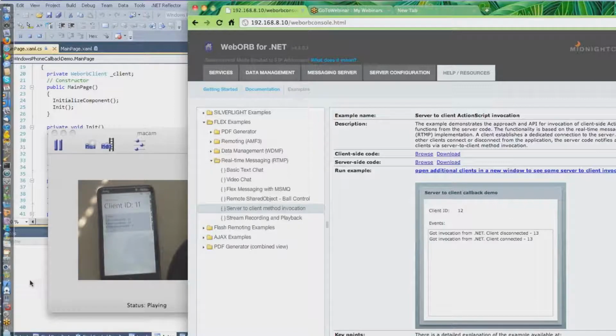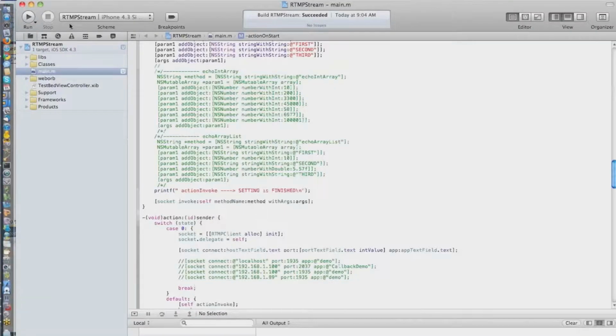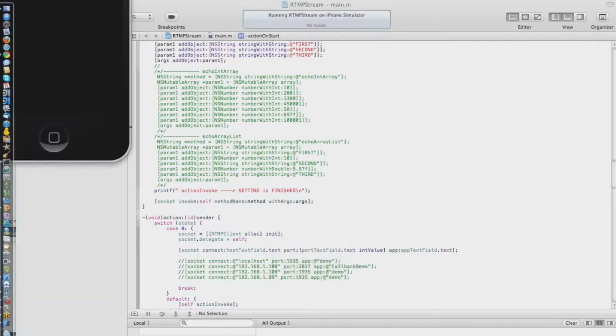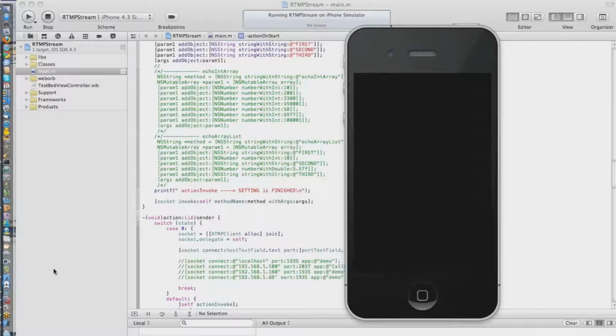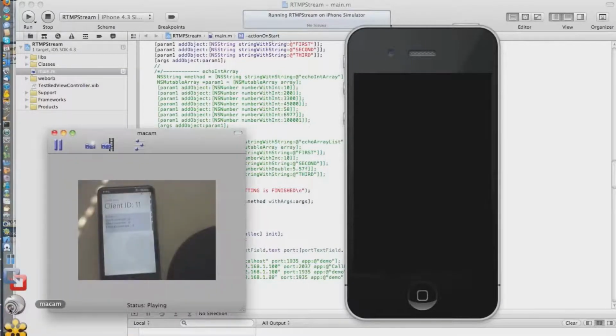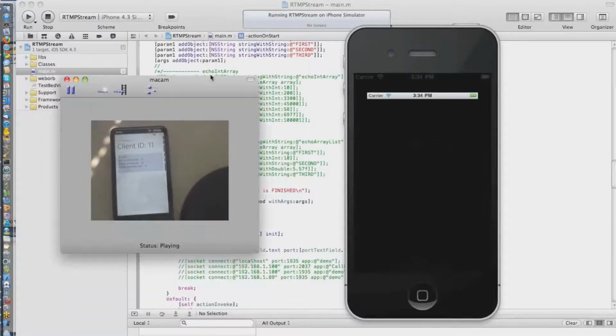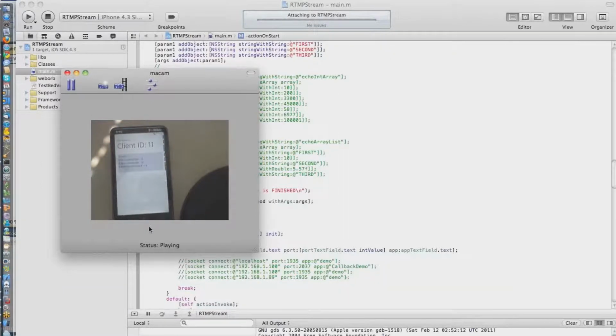But something else that I wanted to show you that we are actively working on, we're also adding support for iOS. So exactly the same application is also available for iOS, and this way you can see that both iPhone and Windows Phone 7 can actually coexist and really communicate. So right here in this iPhone application,